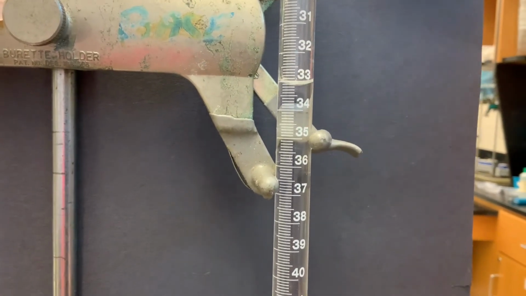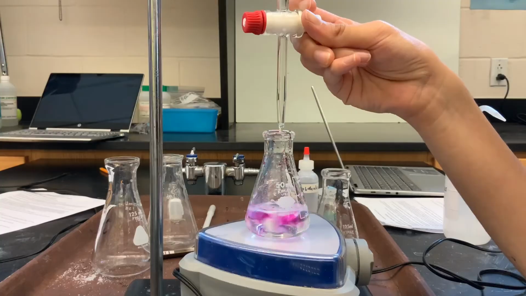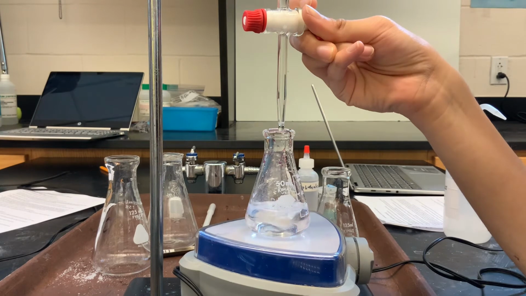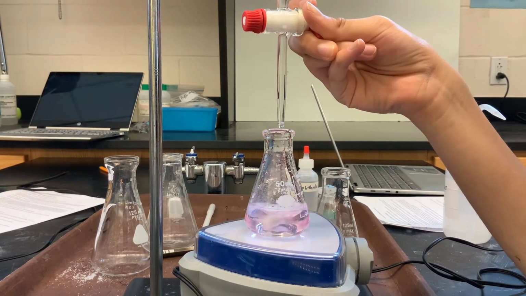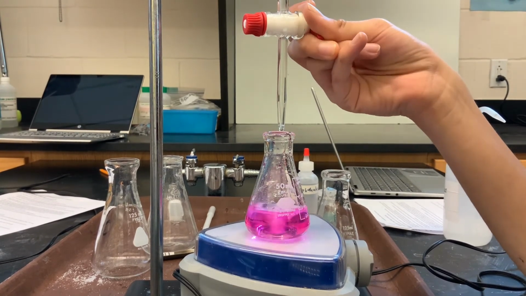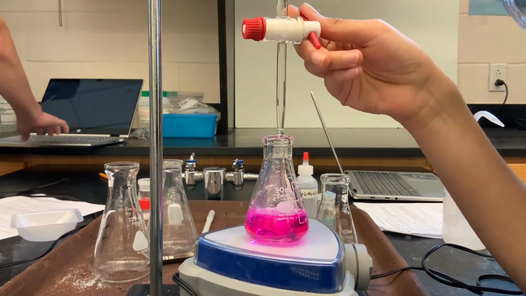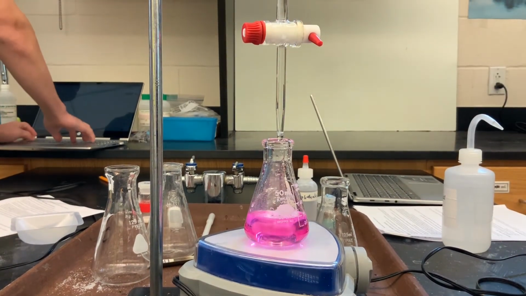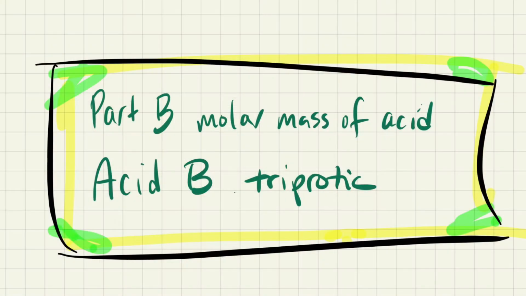flask. And we'll take one more look at the side view and watch the end point. Again, at the very end, it disappears, and we'll keep allowing the base to drip in until that pink color remains and doesn't disappear, indicating we have reached the end point, which we hope is matching the equivalence point. Here's your final volume. And then we'll move on to Part B, but using acid B, which is